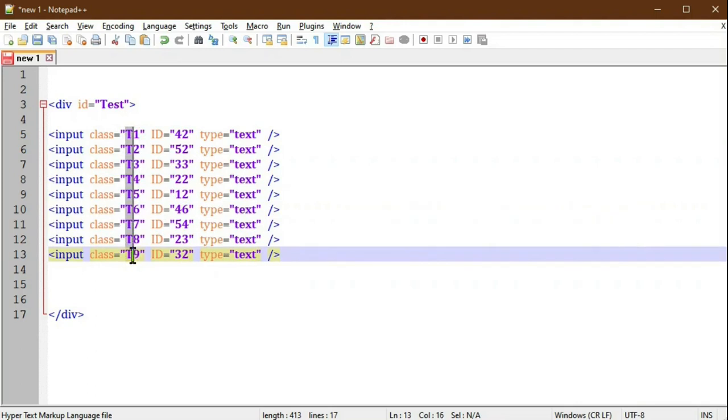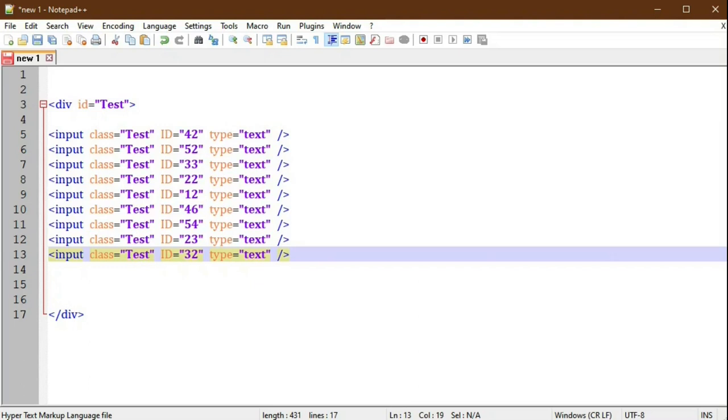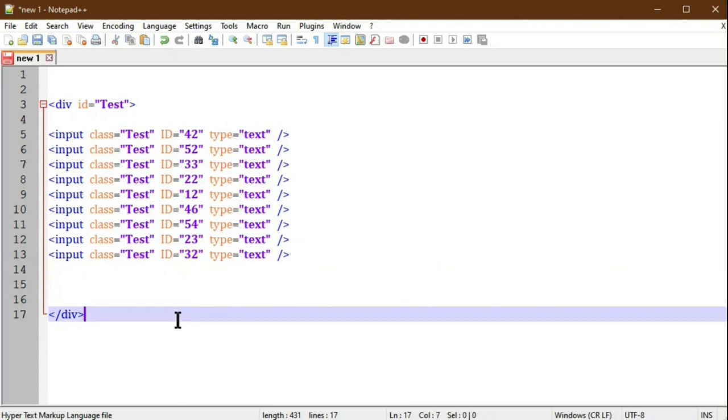So now I am selecting one column, then pulling to the right-hand side, and I can select multiple columns. Like that you can select any number of columns. After that you just type test. Once you start typing, in all the selected columns the class name is changed to test.